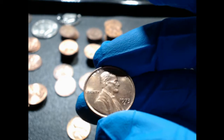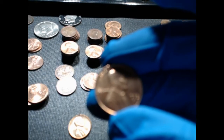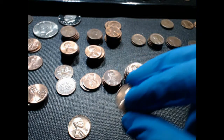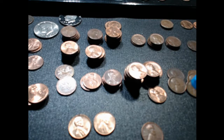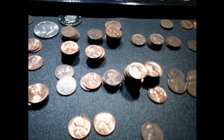So I will be putting together an album, a Lincoln cent album, of just some of these coins that I find that are in red. I have 3 special coins that I wanted to go over with you guys. And the first one is a 19